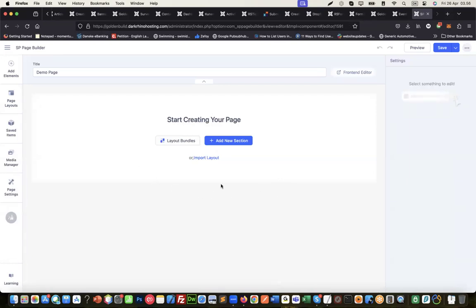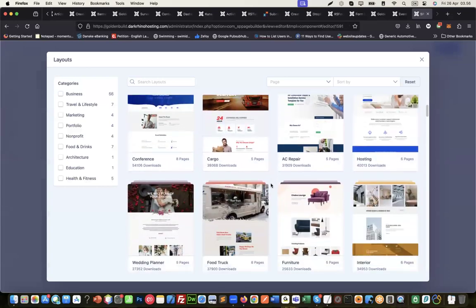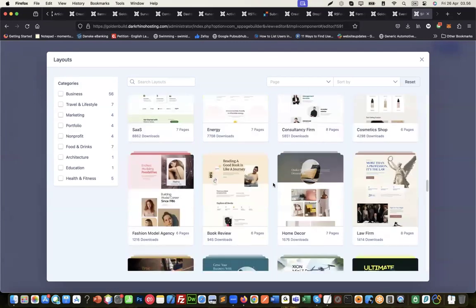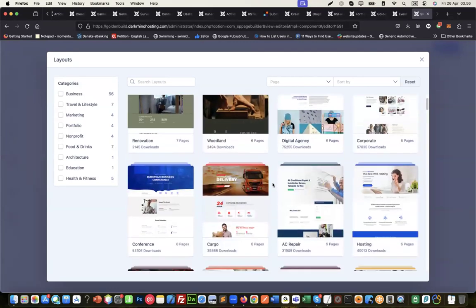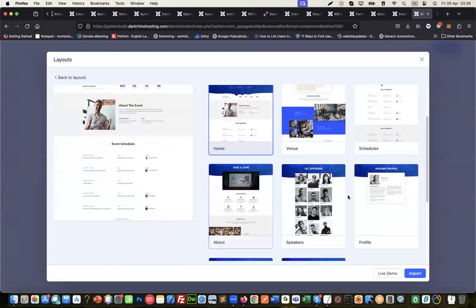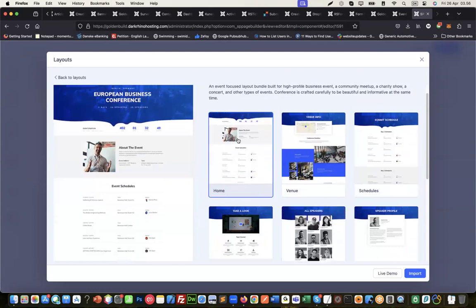Now there are several ways to create pages. One of the ways is you simply import the ready-made page. And for that, let's go to page layouts. And these are all the very professionally made pages. And there are lots of pages for that. So let's say I would like to do something for events. So I will go to this pack and here are like 8 pages. And let's say I would like to create a page like this. So I select this, import it,